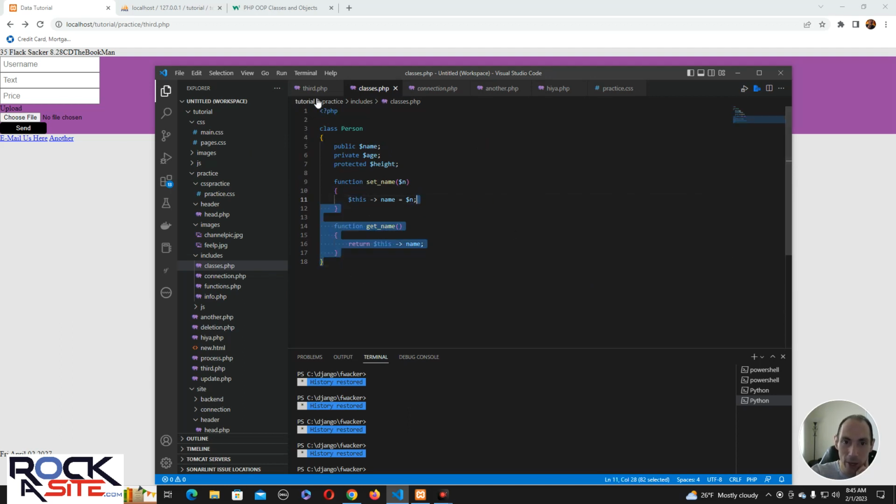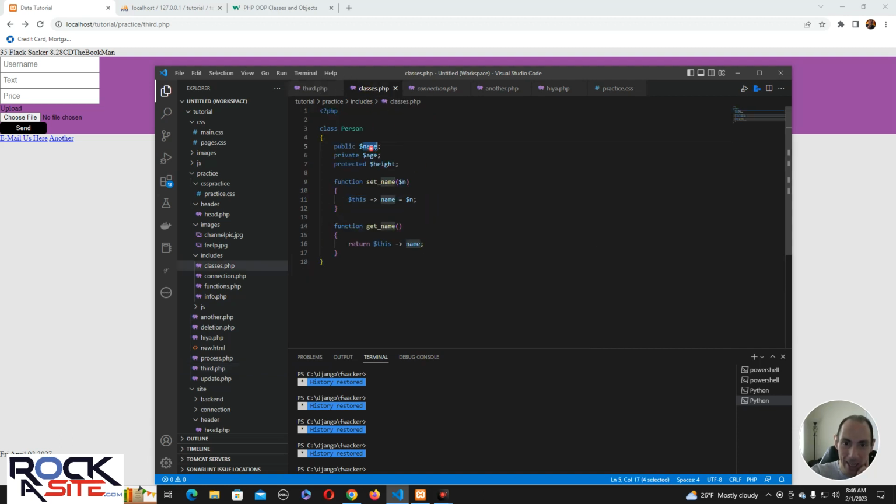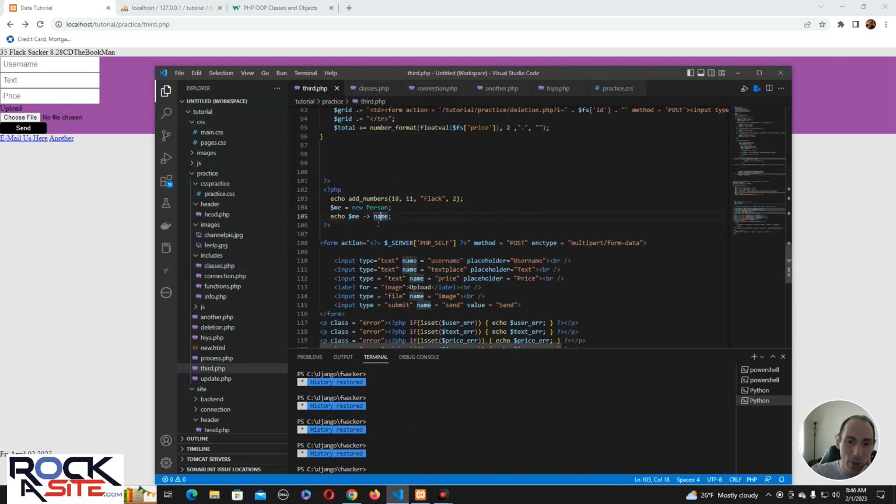So what we just did here was make an object called me, which is a new person, and we wanted to echo out its name. The name is referencing this identifier in this class. When you're inside the class, you have to identify this by using this. Okay? So, what that means now is if we were to go